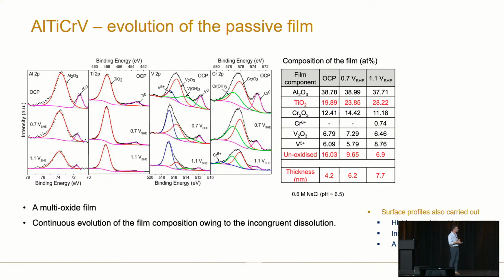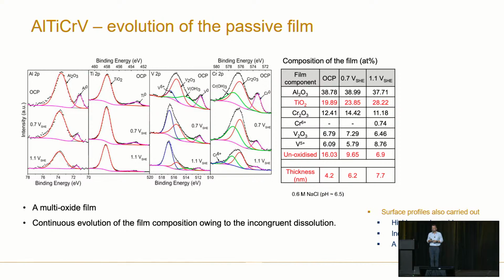I'm really, really sorry. So you could think of what's the passive film on this alloy, either at open circuit or at some positively biased potentials. Now, we could pick any of these and it's the same story, so I'll just pick the one at open circuit, which is the native passive film. What we found for this particular alloy was something that we hadn't seen before in other alloys, whether it's nickel alloys or stainless steel. It turns out the passive film has a pretty big proportion of unoxidized metal. So that's metal in the zero oxidation state.